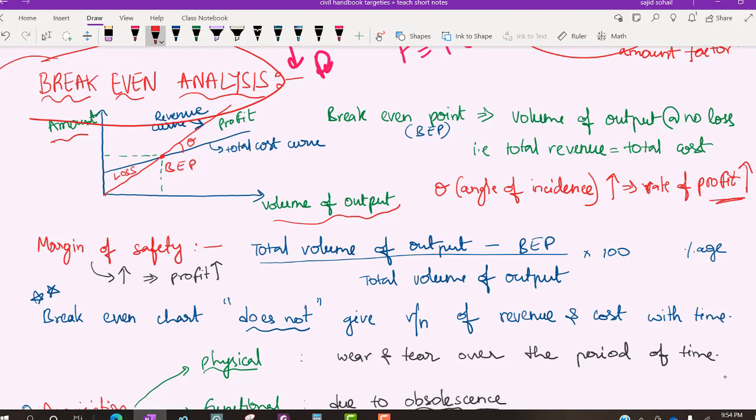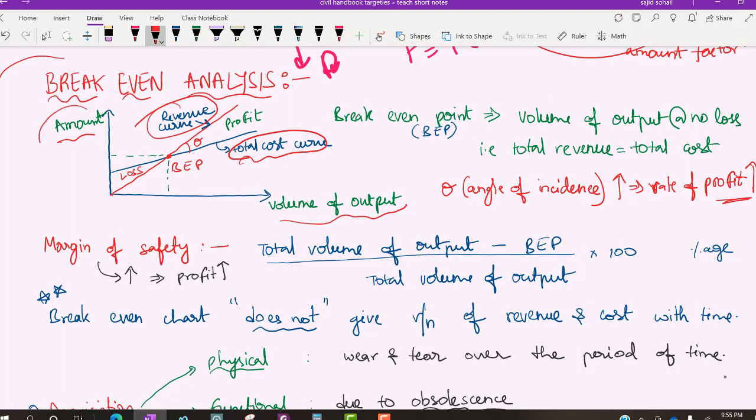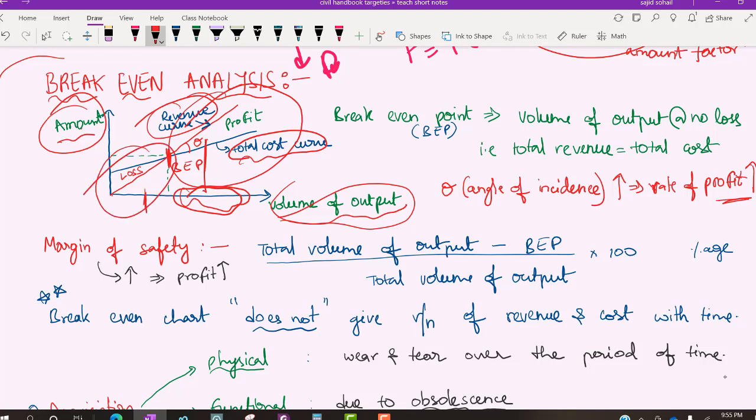For example, let us see, there will be two lines. One is total cost curve, that is the cost whichever is indulged in manufacturing. Second one is revenue curve. अगर आपका ये देख लो, what is the graph between amount and volume of output? Once this whatever point is there, break even point, the common point, if it is crossed, यहाँ का volume आप जो भी बनाते हो, if this many products you are selling, then obviously you are in profit zone. But if you are selling less than that, that means you are in loss.